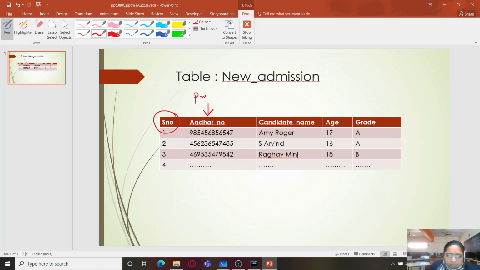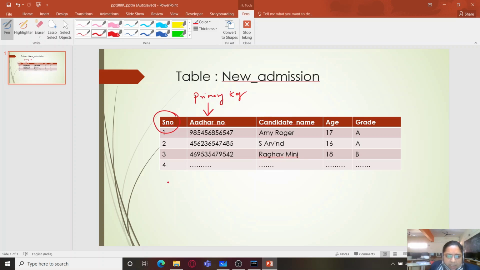So the most suitable field over here could be Aadhaar number, because Aadhaar number could be set as the primary key, as in the country no two people have the same Aadhaar number.